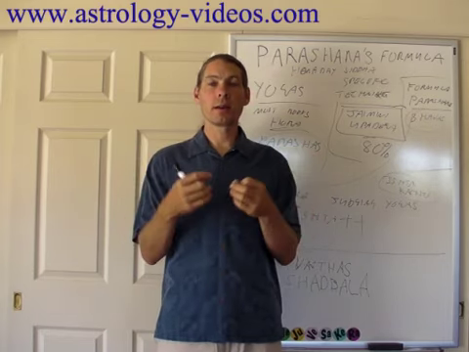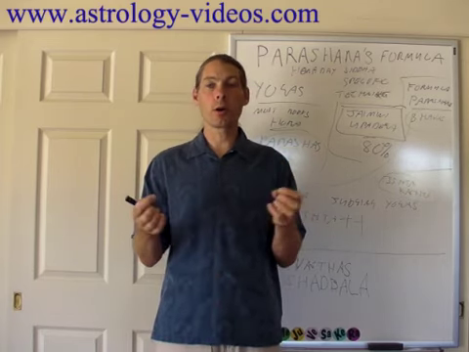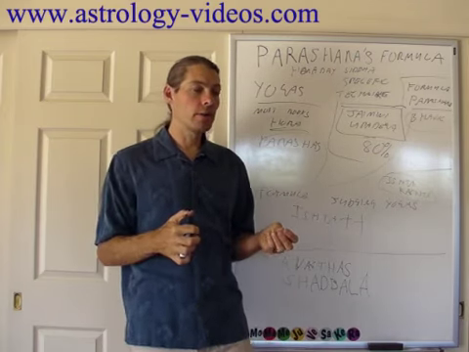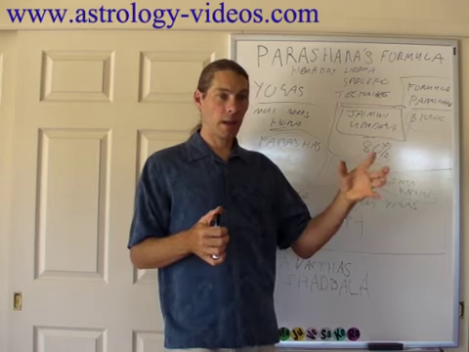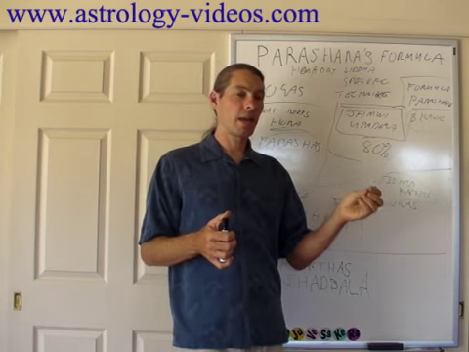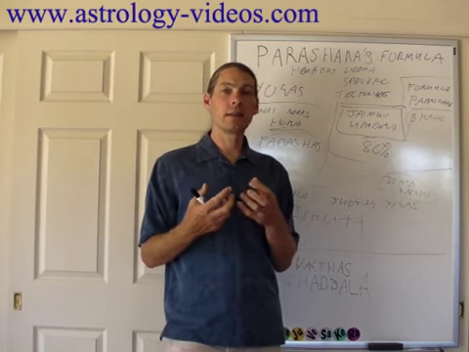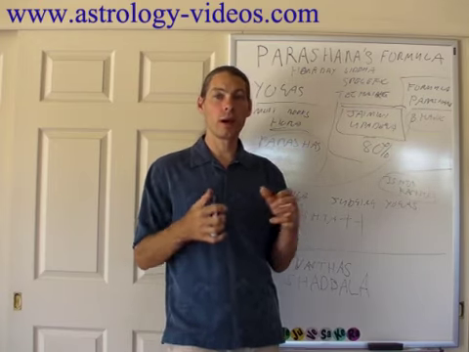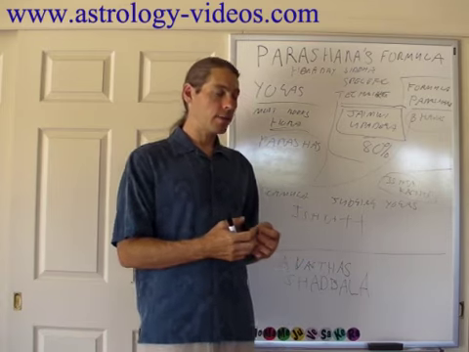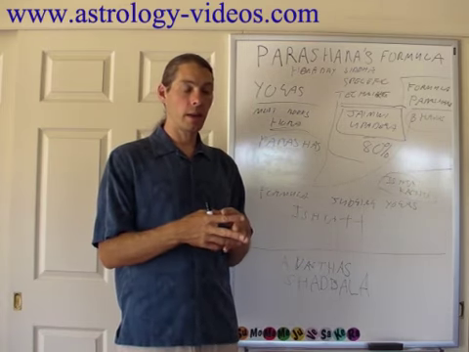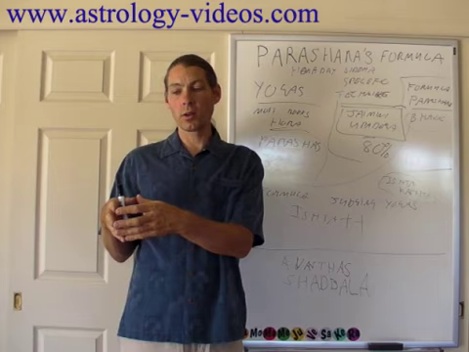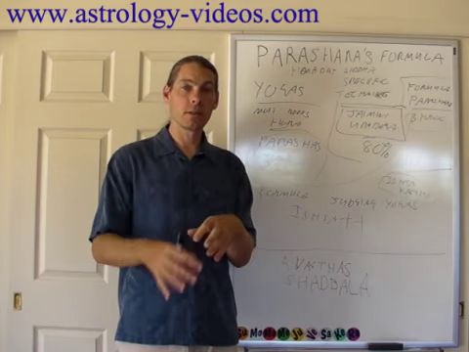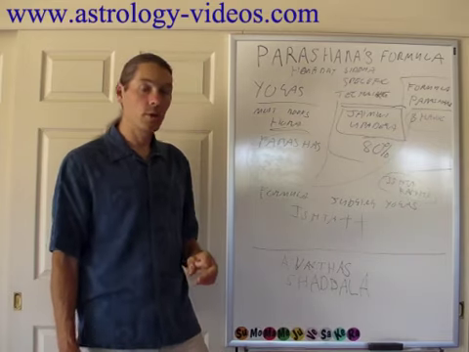All based on a comprehensive way where all those factors come together to give that result. And to try to arrive at a result just saying, oh, this planet's conjunct this, or this planet's in this sign, doesn't give you a lot of accuracy. So Parashara doesn't waste his time on that. He cuts right to the bottom line of telling us all the ways we need to examine the planet, and then we can come to our conclusion of exactly how that planet's going to behave based on its influences upon it. It's a much better way of doing it.